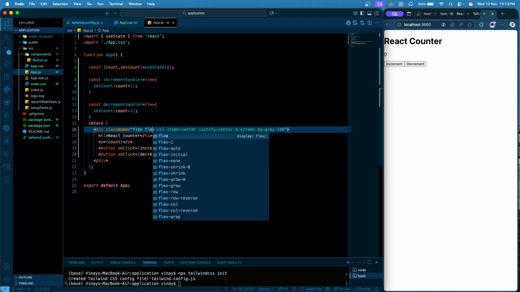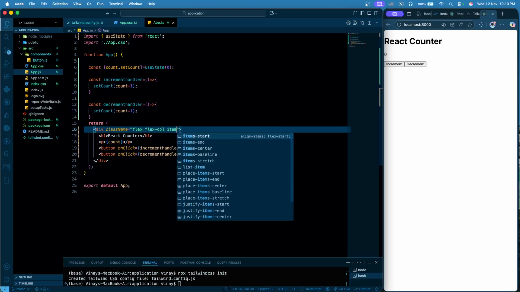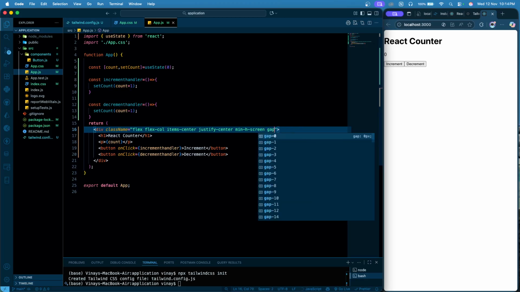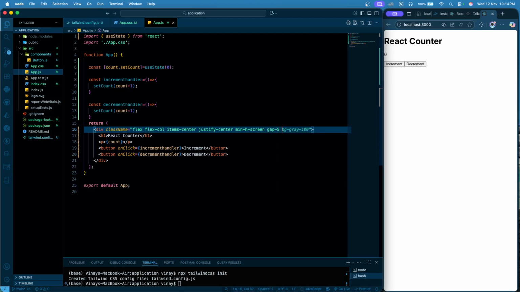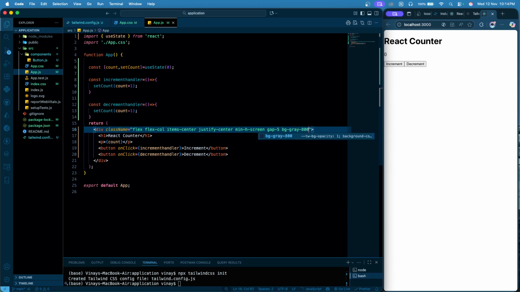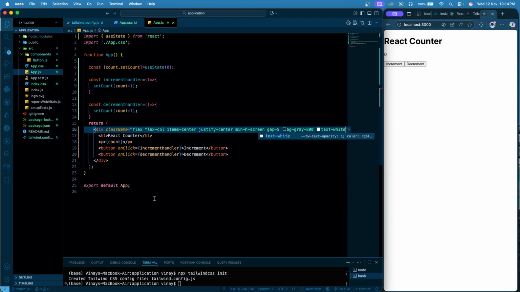I'll add these properties: flex-col. The items are going to be aligned vertically. Items-center, justify-center, min-h-screen. The height of the screen should be the minimum height we are having for the div, okay? And the gap between the elements is going to be 5, and the background should be gray-800, and the text is going to be white. Now, if you look at this,